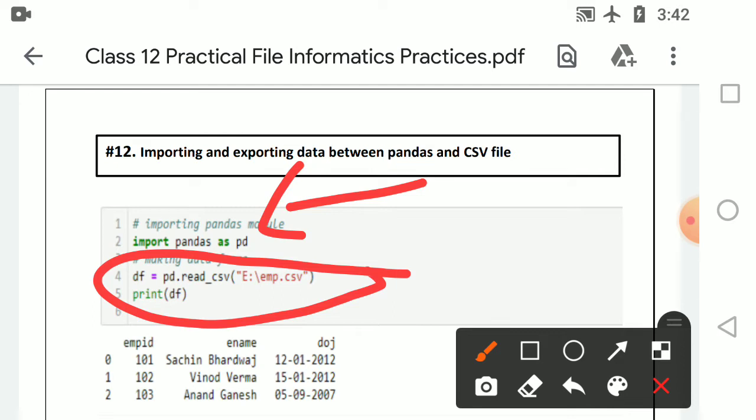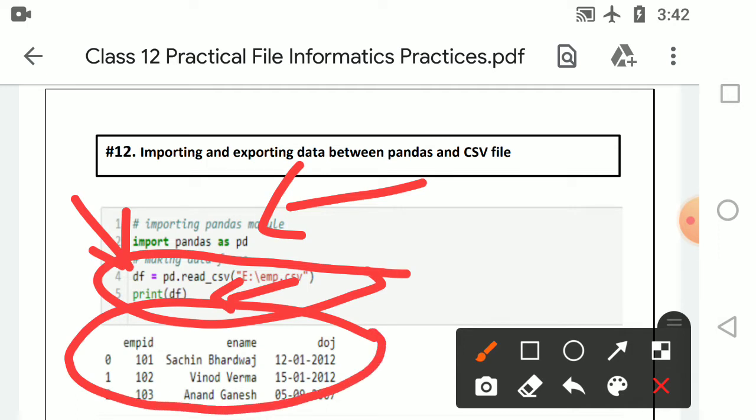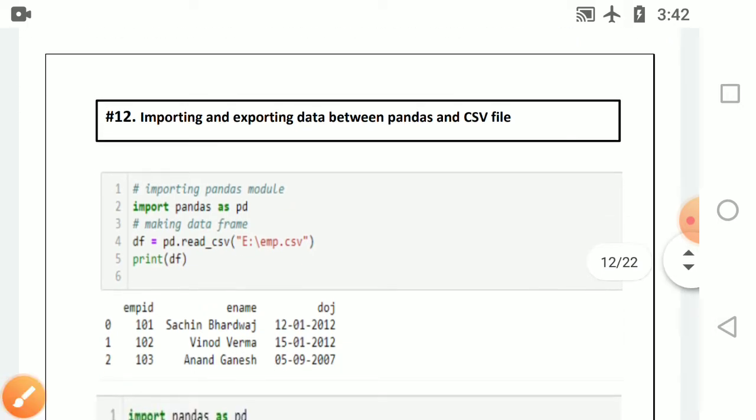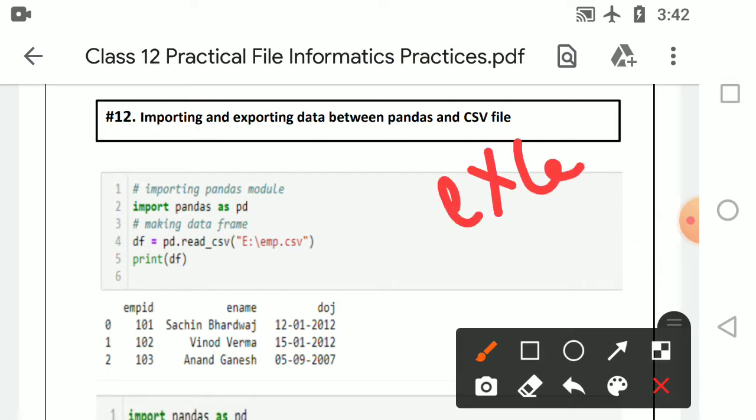And from that Excel or from that text notepad, the data will be read and it will be stored in the df, and when you print the df it will be showing the output. So this is the content which was there in the emp.csv file. So recollect, CSV files can be created either with the help of Excel, or you can use notepad to create it.